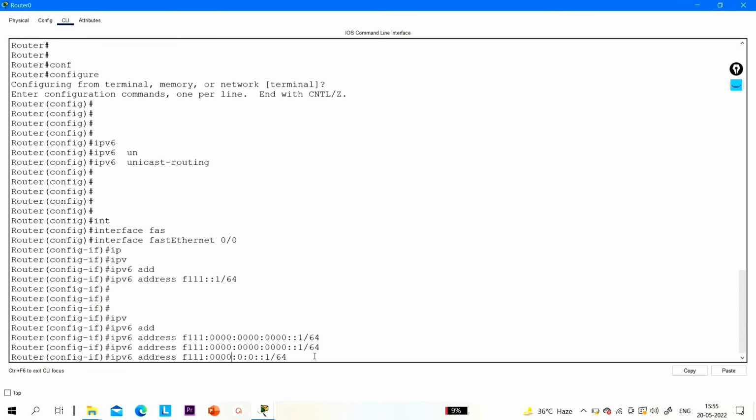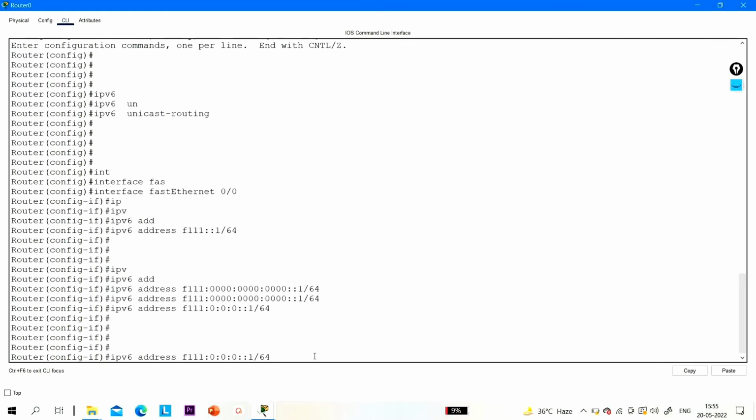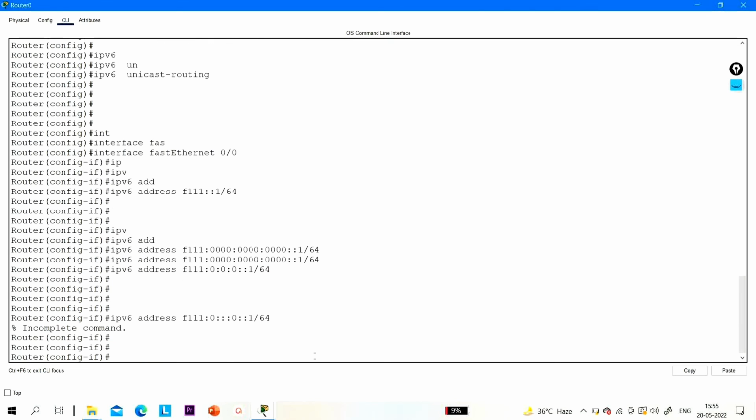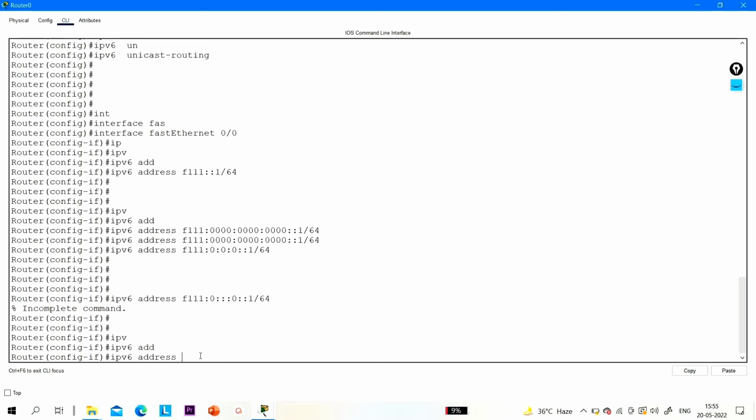Or you can write like this also, you can skip 4 zeros with 1 zero, right? But you can't use the dual colon twice, a pair of dual colons, in IPv6. See, incomplete command. ipv6 address